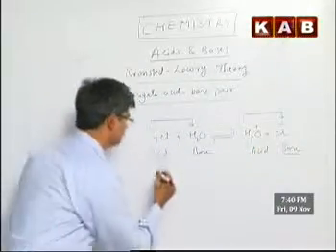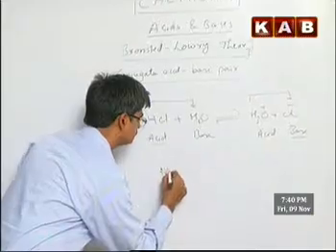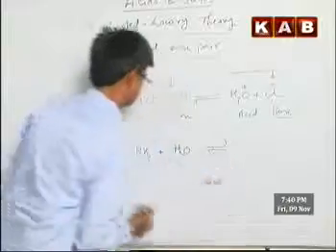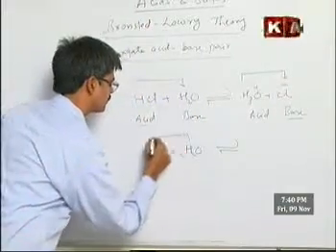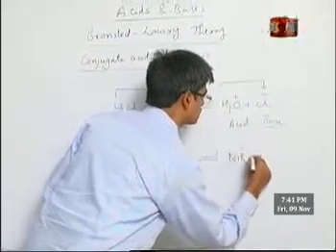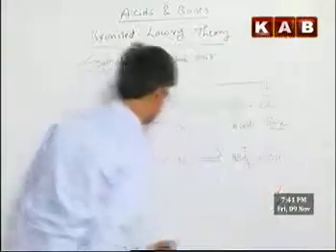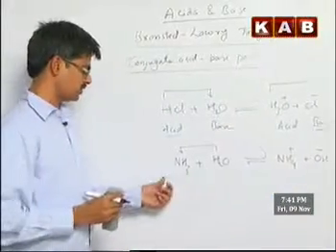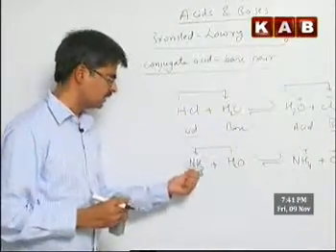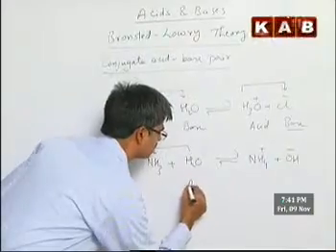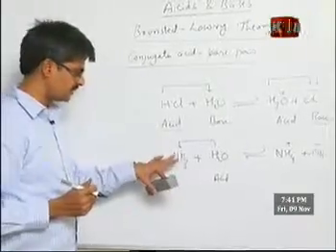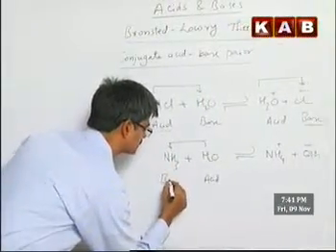Suppose you take some other example like ammonia and water. In this reaction, the water gives a proton to ammonia. Now this becomes ammonium ion, NH4+, and then OH minus. So in this forward reaction, water is giving a proton to ammonia. Therefore water is a proton donor, hence water is considered an acid. And ammonia is accepting a proton from water, a proton acceptor, therefore ammonia is considered a base.